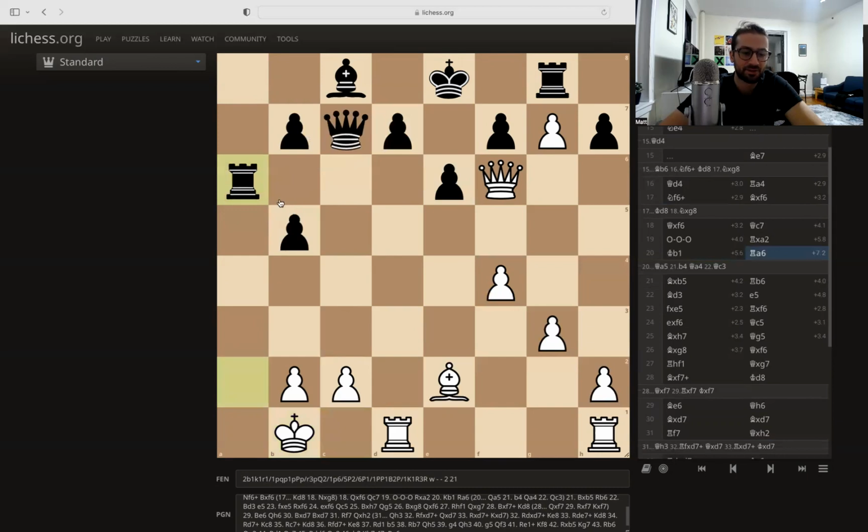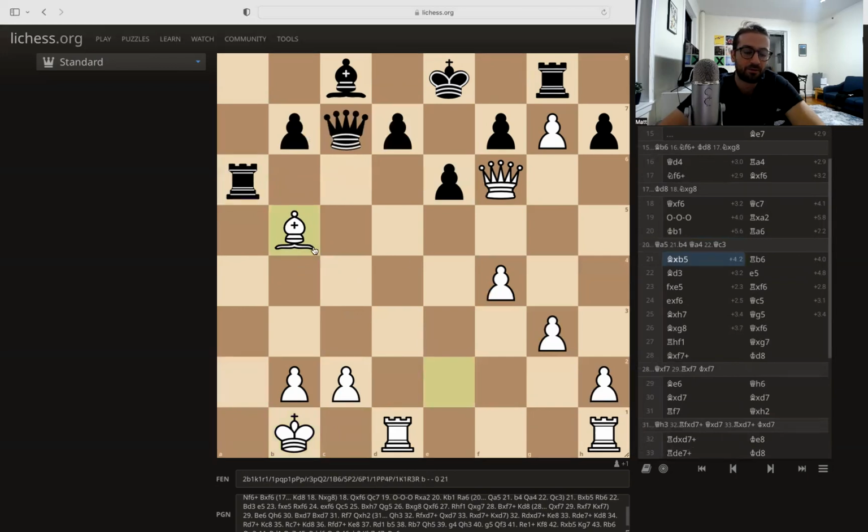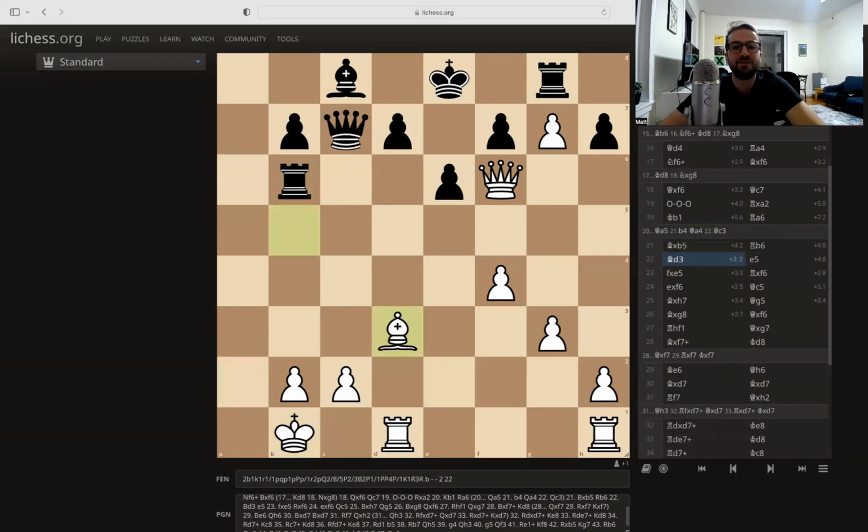Instead, Tal just retreats his rook, puts it on a6, and gets it in line with white's queen. Fischer brings another piece into the attack with bishop takes on b5, gets rid of another pawn, and Tal says, go away, bishop, and the bishop goes away. Now Tal plays e5. This is a nice move because it threatens to break up white's pawn structure, but it also opens up a discovered attack